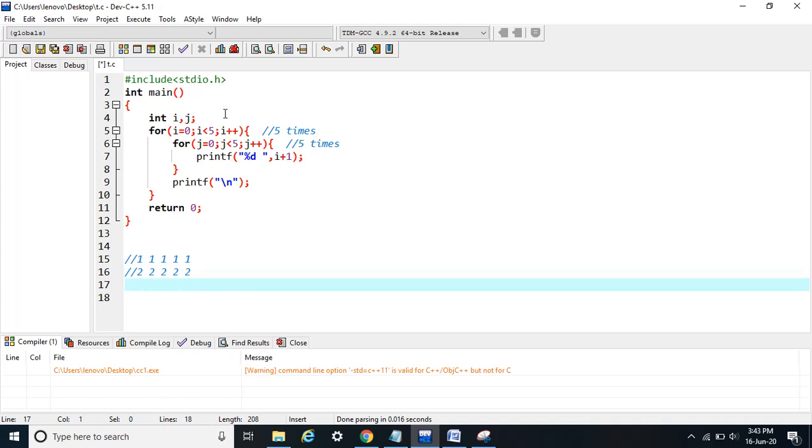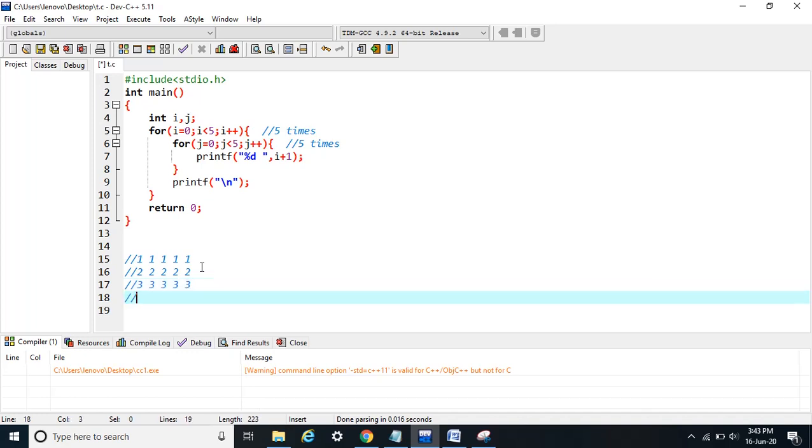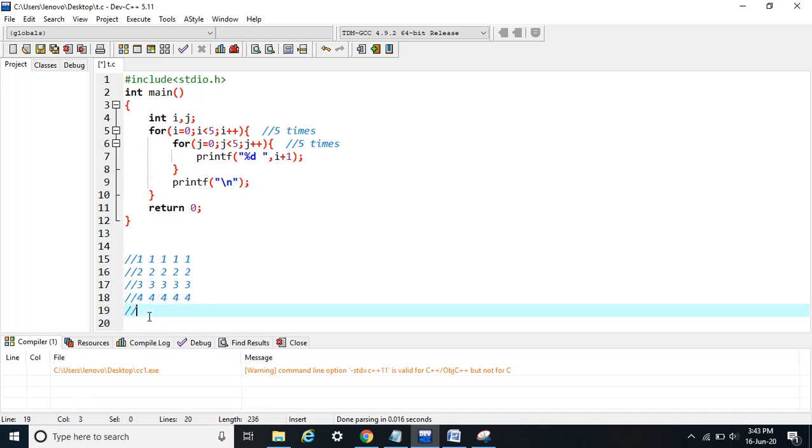After that value of I will become 2, and corresponding to value of I as 2, we will print I plus 1, that is 3. After that value of I will become 3, corresponding to that we will print I plus 1, that is 4, and at last we will print 5.